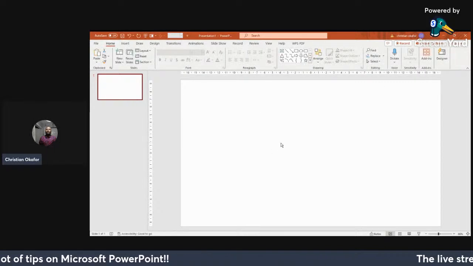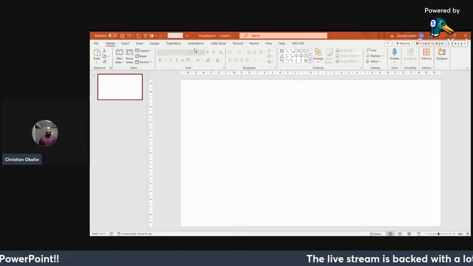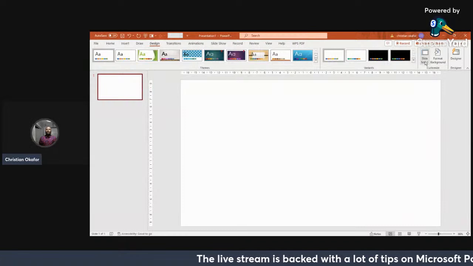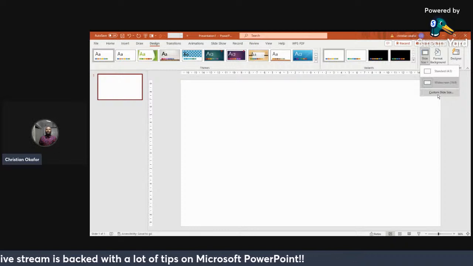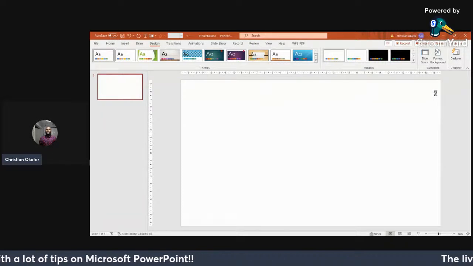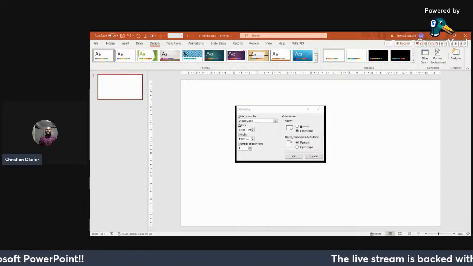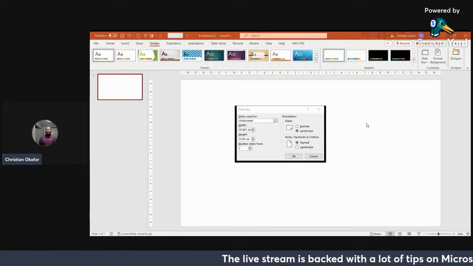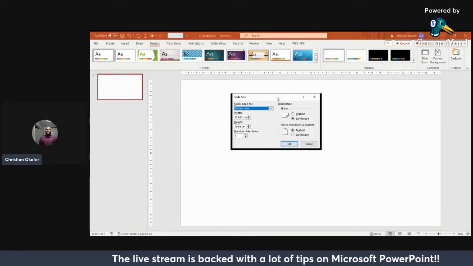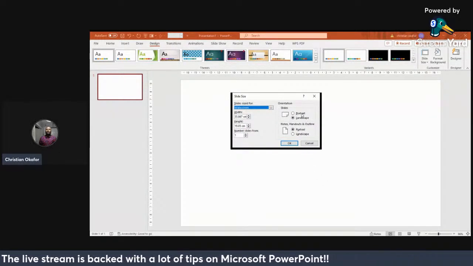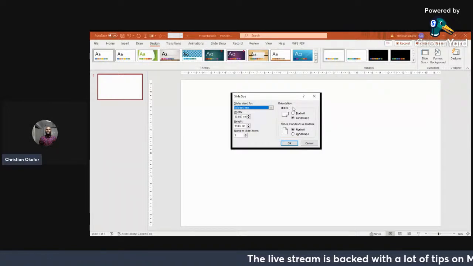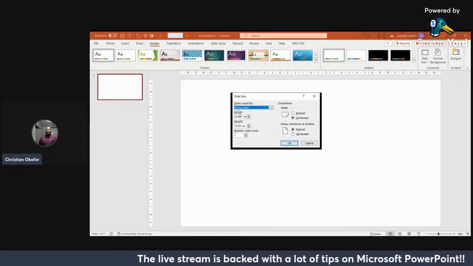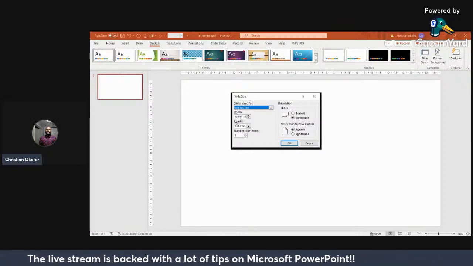Once you are here, you have to go for the design. Okay, then go for slide size. Then from there, you go for custom slide size. Okay, so that will give you this interface. We are targeting the portrait orientation here. Under the orientation, we have two aspects, the slides and the notes. So what you have to do is to convert the